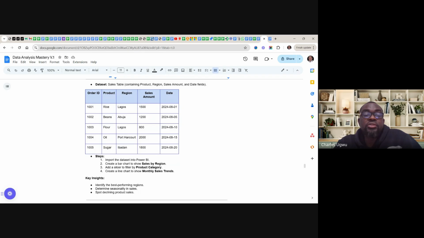We import the data set into Power BI. We create bar charts to show sales by region, add a slicer to filter product by category, and create a line chart for the monthly sales trend. This is just a snapshot.